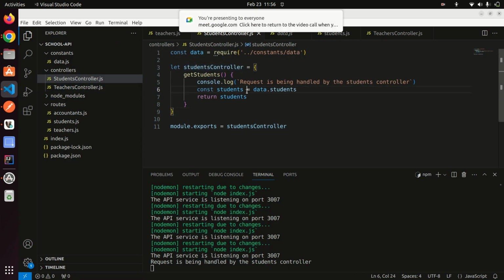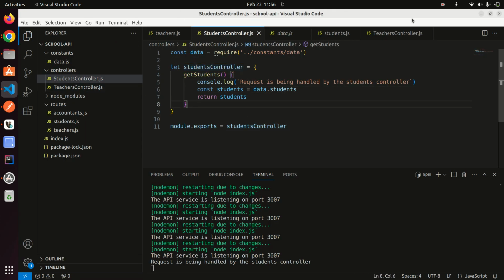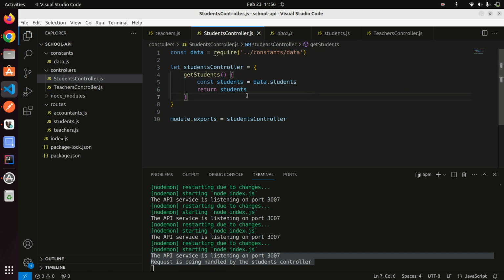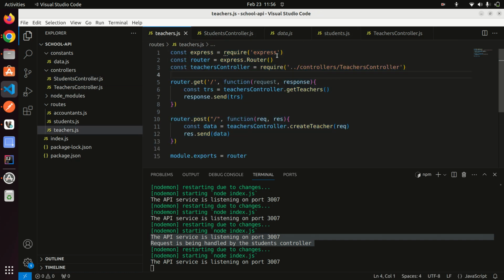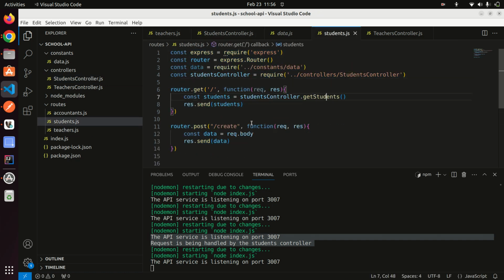Okay, good. So that means our request is being handled by the controller, because we can see the message being logged on the console. So we can go ahead and create, when you come to our file for getting students, realize that